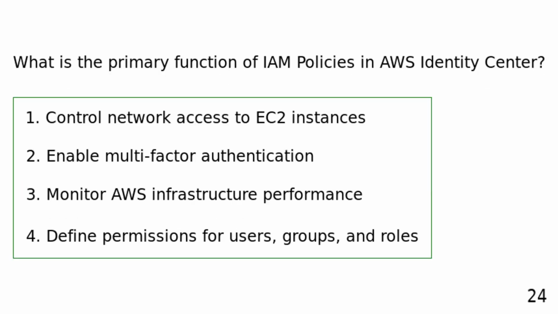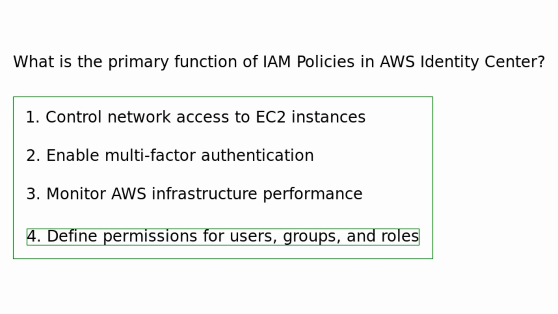What is the primary function of IAM policies in AWS Identity Center? Control network access to EC2 instances. Enable multi-factor authentication. Monitor AWS infrastructure performance. Define permissions for users, groups, and roles. IAM policies allow you to define permissions for users, groups, and roles, specifying what actions they can perform on specific